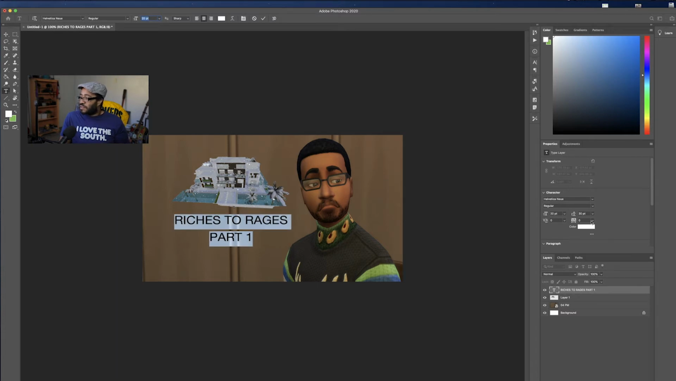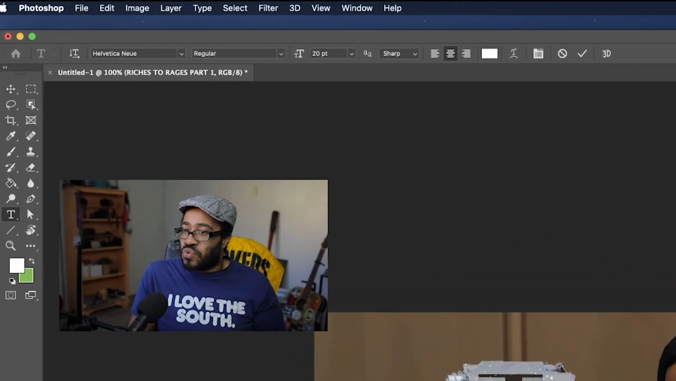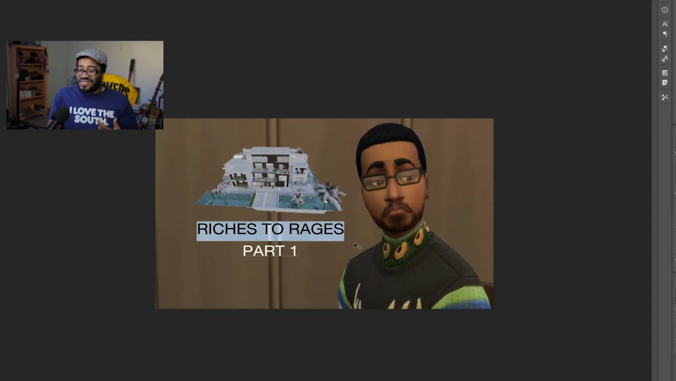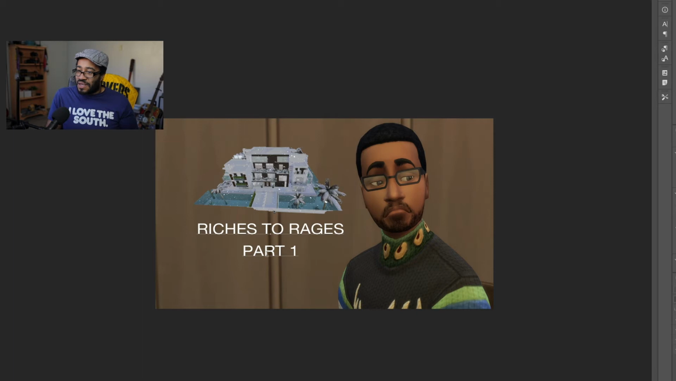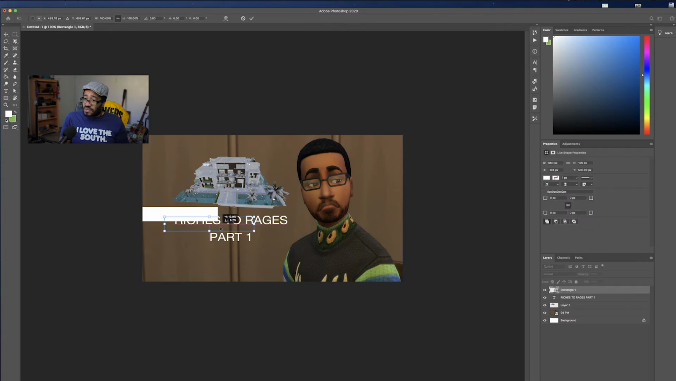All right, so I use Helvetica New. That's my jam, because it's just simple. I like the look of it. All right, so now what I'm gonna do is I'm gonna add some borders, just so that the text can pop on the screen. And so I'm gonna do rectangle, so I'm gonna do that, and then that's gonna just